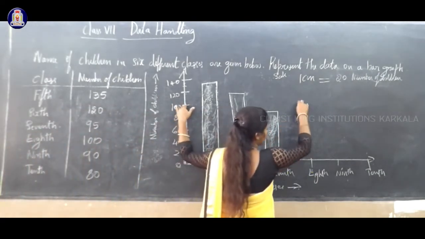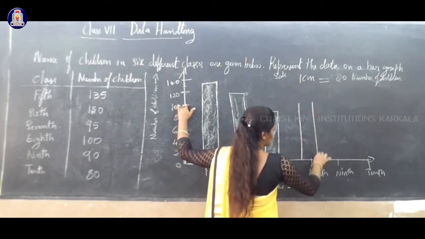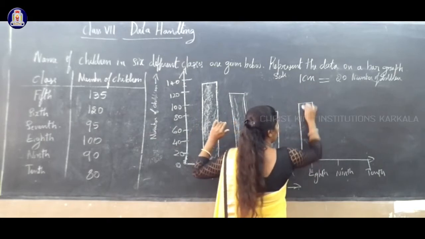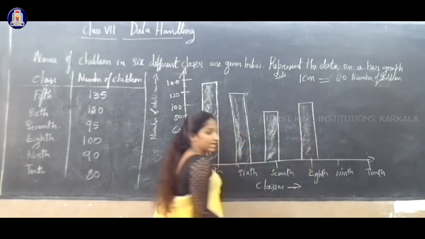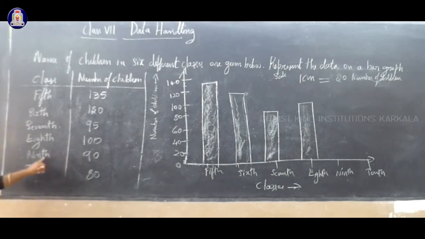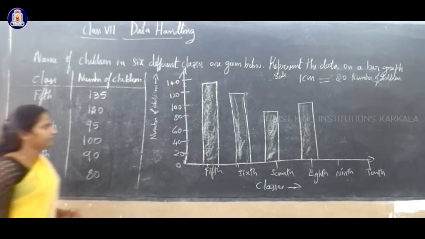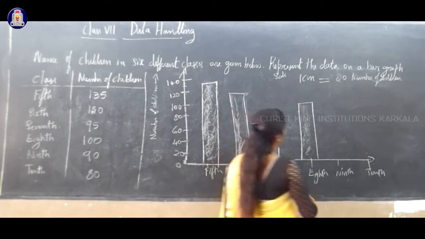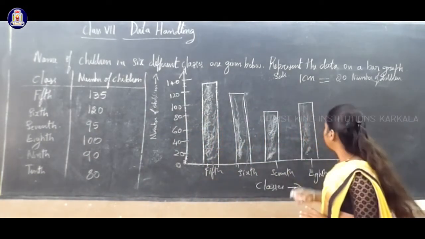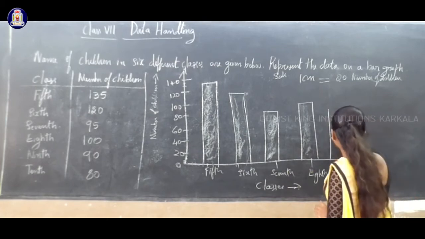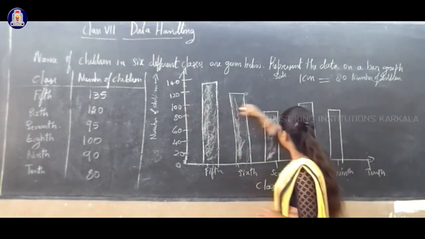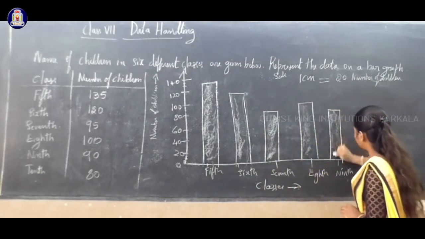In the horizontal and vertical, both lines you have to observe. See, 100 we can see here. Then draw a straight line. So use scale and pencil to draw. Clear? Next, in class 9 we can see 90 students. So 90 is lying in between 80 and 100. Is it correct? So draw like this, a horizontal line. This also you have to shade.